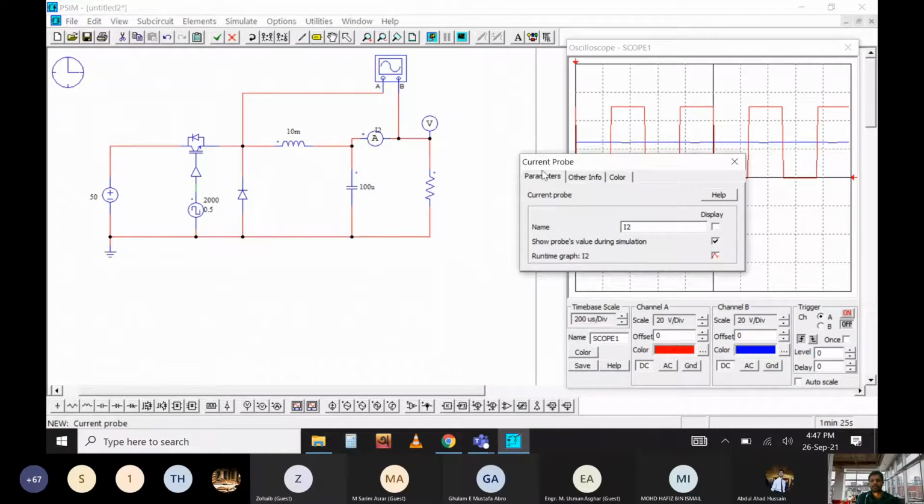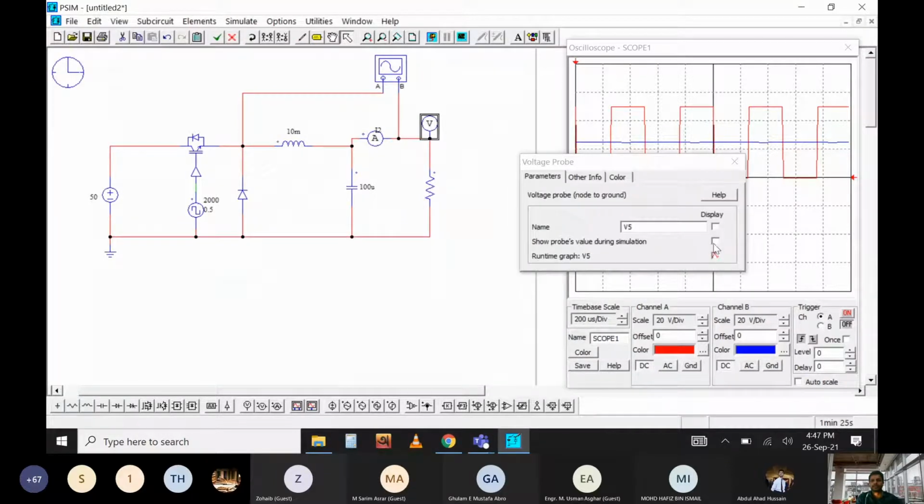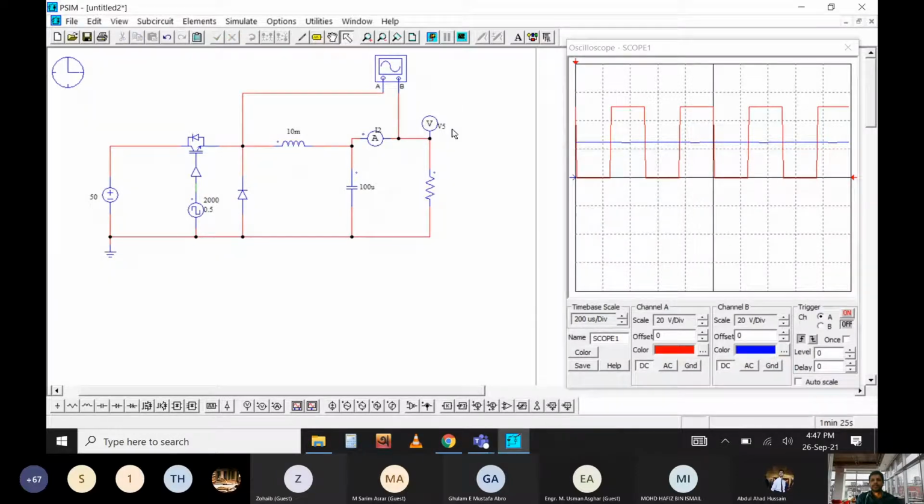Just put a tick here. Also for the voltage, double click and put a tick. That means while running the simulation, these two probes will continuously show you the instantaneous value or reading. So apart from the oscilloscope, this is another technique to get the result.